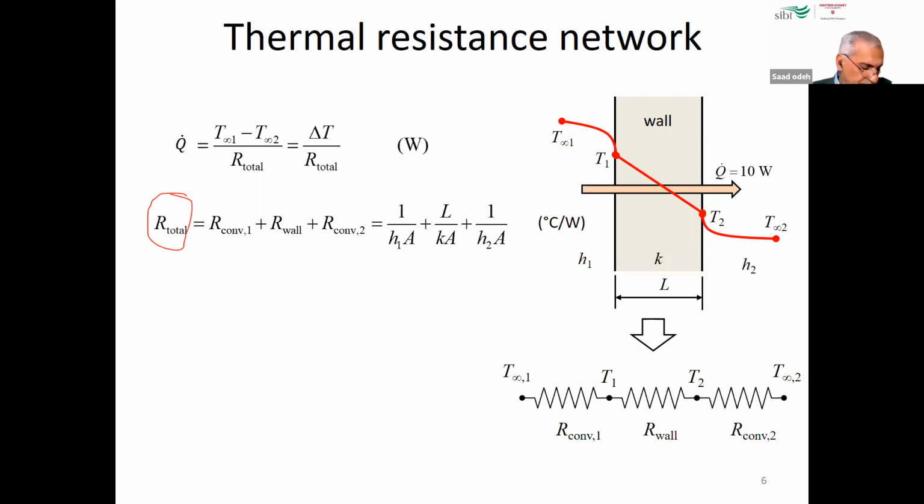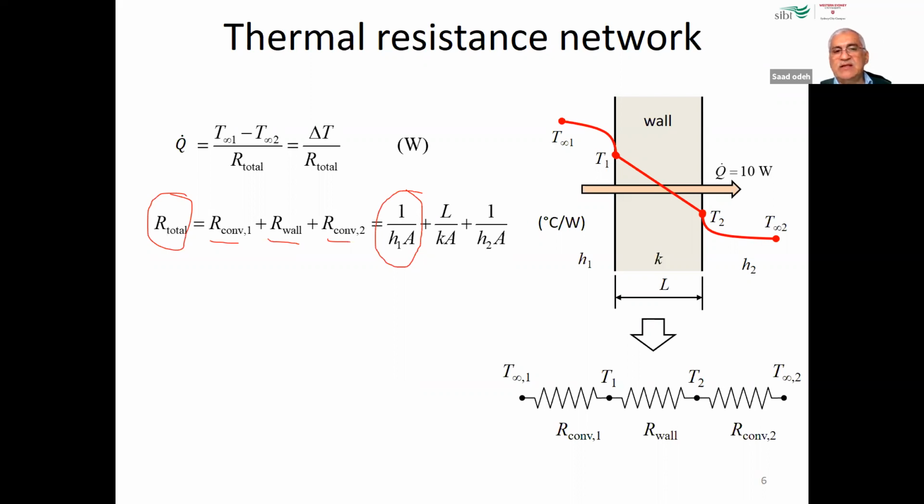So we have convection, conduction, and convection. For convection, we said 1 over hA. This is the thermal resistance by convection. So if I know h of the air, I can simply say 1 divided by h